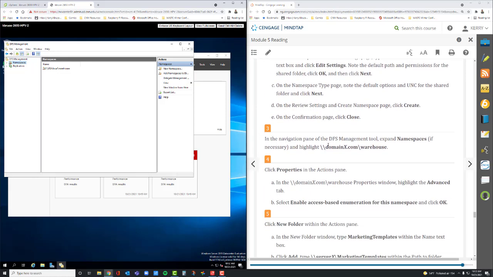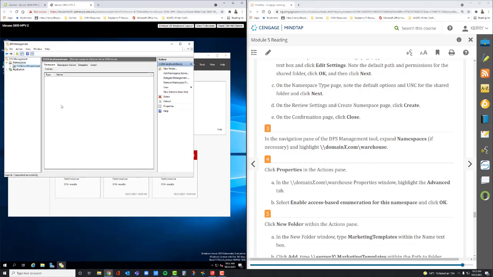Okay. In the navigation pane of DFS Management Tools, expand namespaces. So now we want to expand namespaces. We see the namespaces are here. Highlight. Whoa. Oh, I skipped. I'm like reading. Expand namespaces, and if necessary, highlight. Right. So we're going to click on that particular space there. Click Properties in the Action pane. So over here in the Action pane on the right hand side, we're going to click Properties,